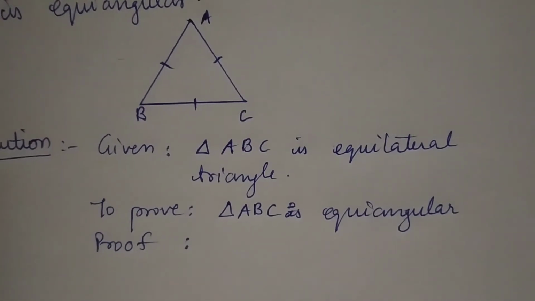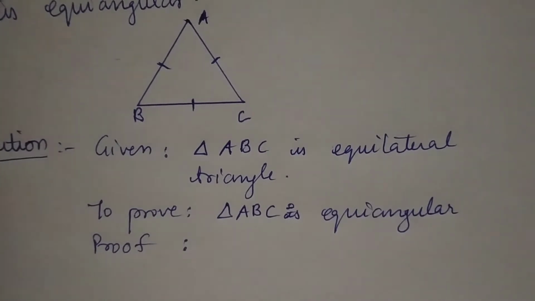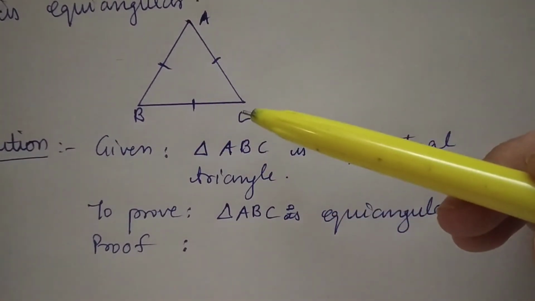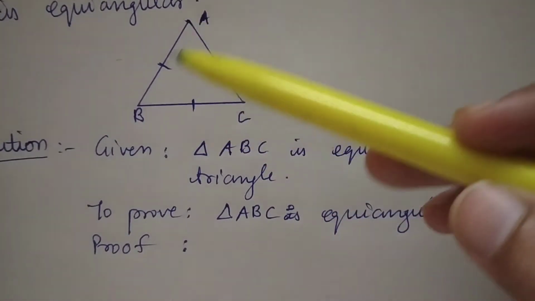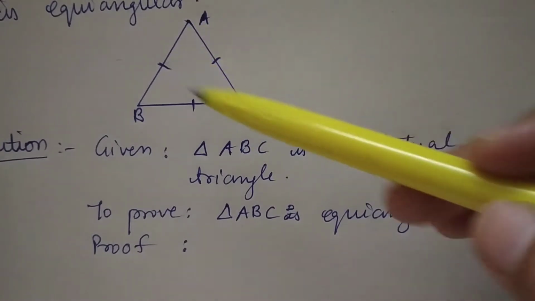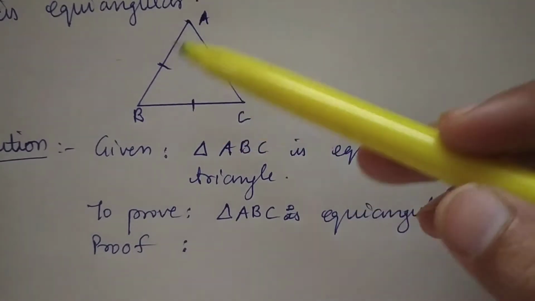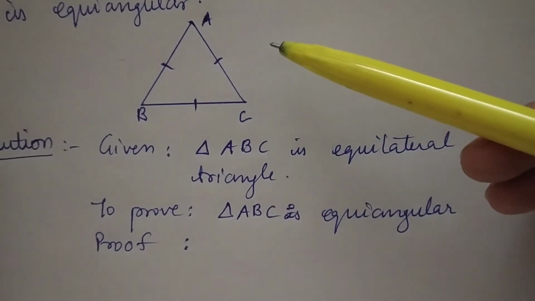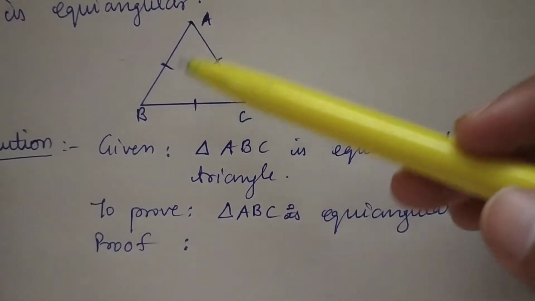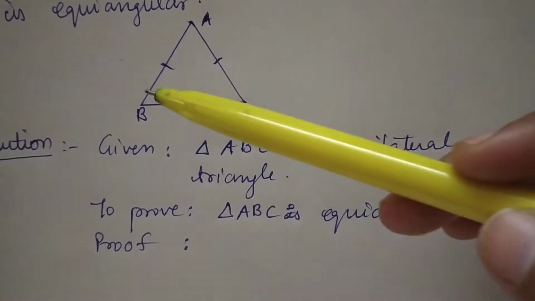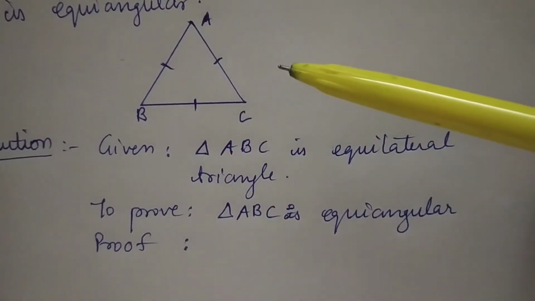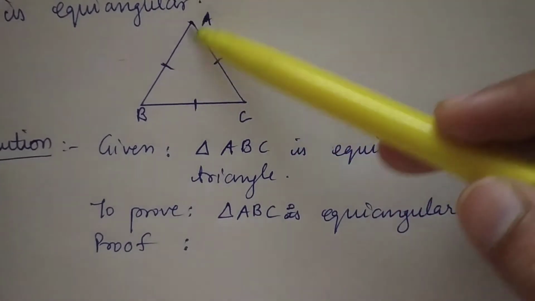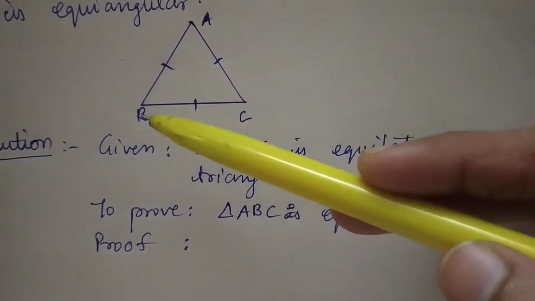Now how do I start with the proof, children? I will first say that in this triangle ABC, AB is congruent to AC. Okay, first I'll mention that AB is equal to AC. See, 3 sides are equal, but I'll take 2 at a time so that I can use the isosceles triangle theorem. I hope you all know what the isosceles triangle theorem is. The isosceles triangle theorem says that if 2 sides are equal, then the angles opposite to them are also equal. So the same logic we are going to apply here. We will not show all the 3 first. We will show first AB and AC are equal. Then we will show AB and BC are equal.